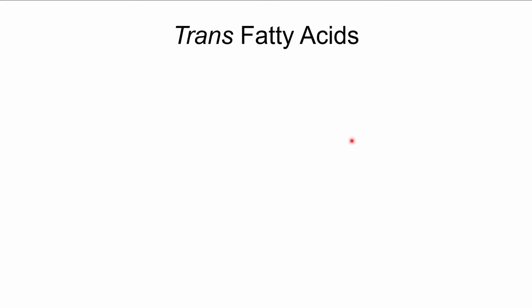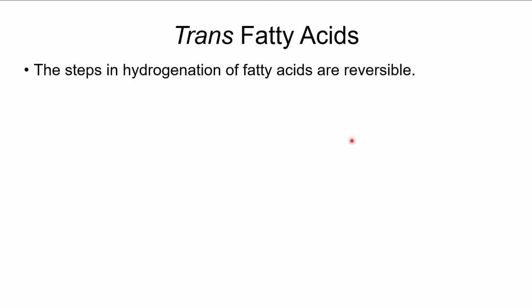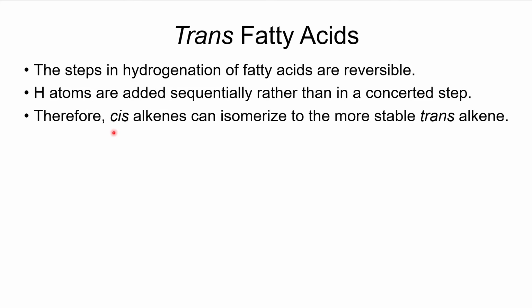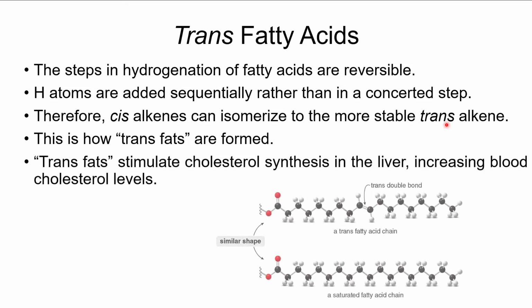All right, it is possible for the steps in the hydrogenation to be reversible. And when you have one of those hydrogenation steps that is reversible, you'll find that you can hydrogenate and then dehydrogenate. And when that dehydrogenation occurs, it's possible that what was a cis alkene can be converted into a trans alkene. Well, by converting it into a trans alkene, you will find that it'll have a higher melting point, kind of like a saturated fatty acid, and so it'll act a lot more like a saturated fatty acid,